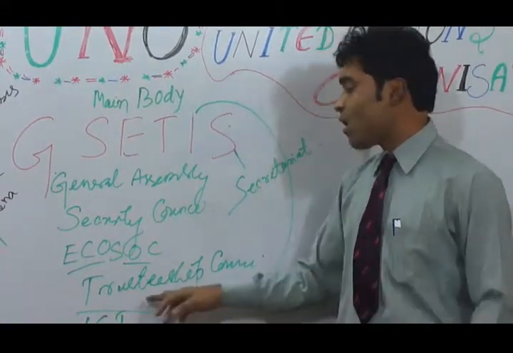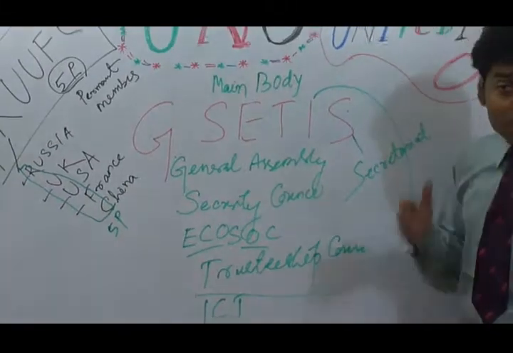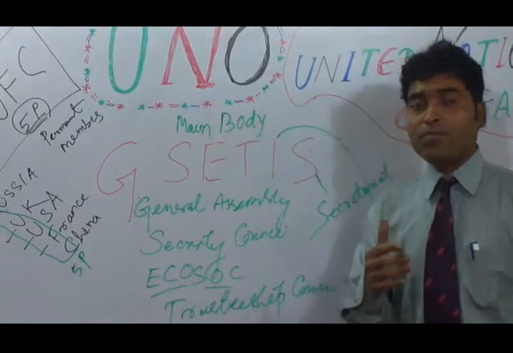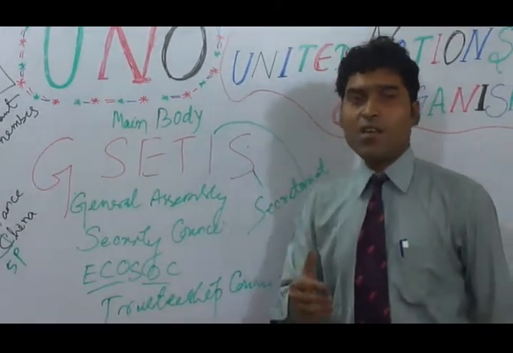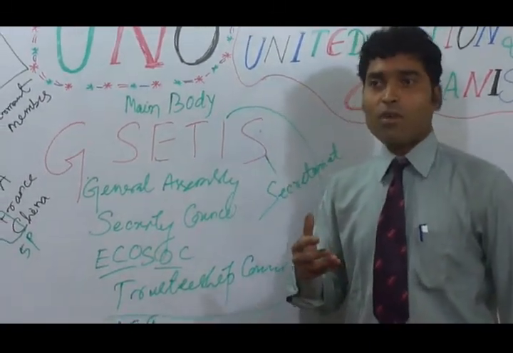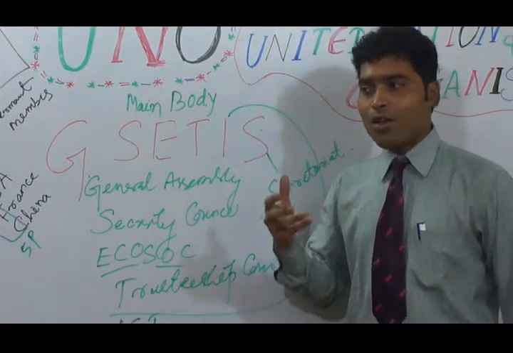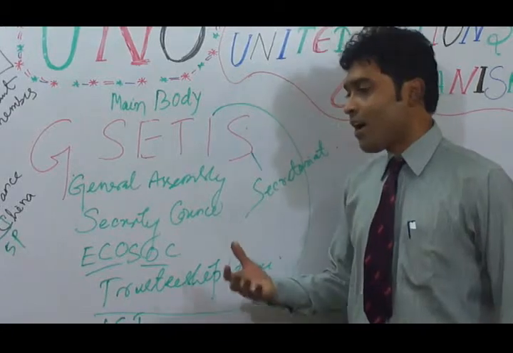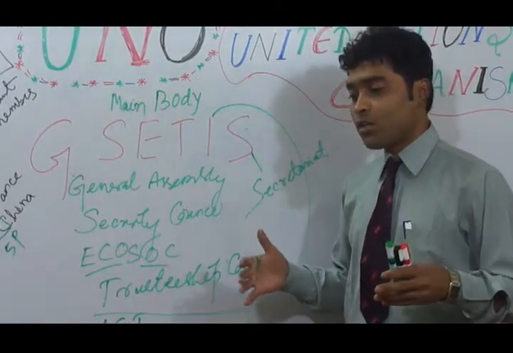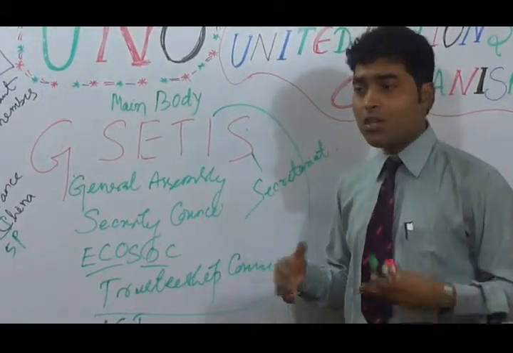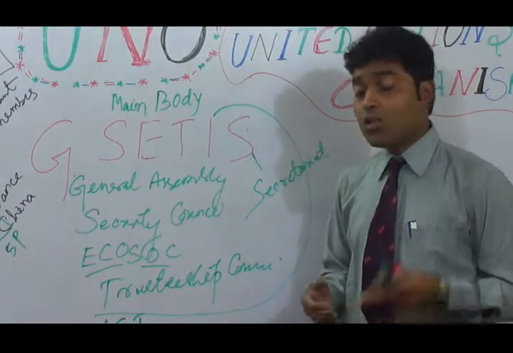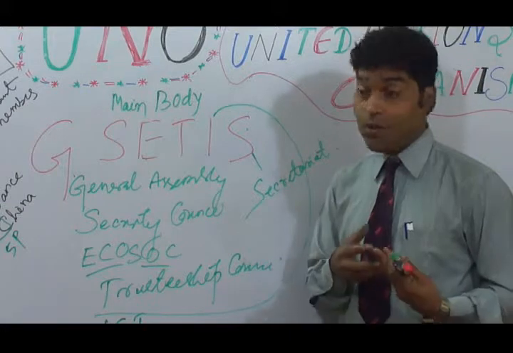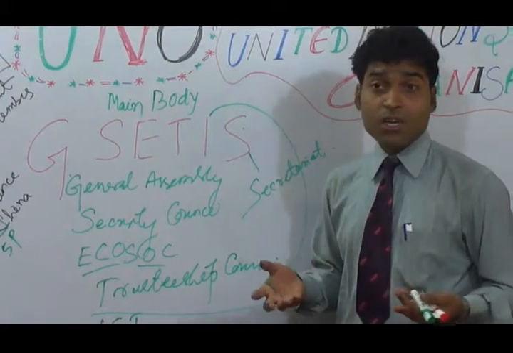And next one is your Trusteeship Council. What is this Trusteeship Council actually? Actually, trust means it is a belief system, it is a mental picture, it is a force of binding, or an emotional attitude towards those countries. It is about cooperation, to protect the territory, the disputed lands actually. Throughout the world, you will find many disputed territories, and United Nations has taken a lot of steps to protect